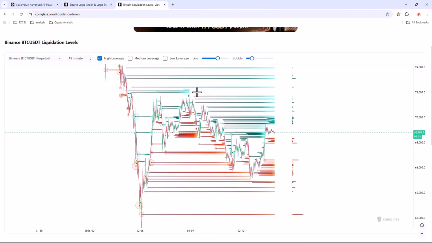Also, let's analyze the liquidation levels on the Binance exchange to see where most of the leverage positions on Bitcoin are concentrated. These are areas where, if the price reaches them, long positions or short liquidation levels will be liquidated in a chain reaction. These levels are not support or resistance for us, and we can only consider them as liquidity targets. We should keep in mind that price usually tends to collect these areas or perform a liquidity sweep.